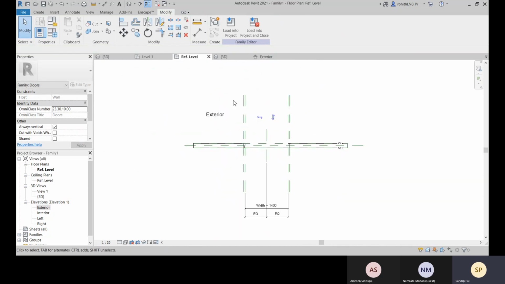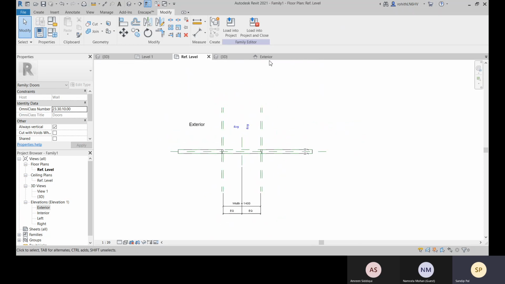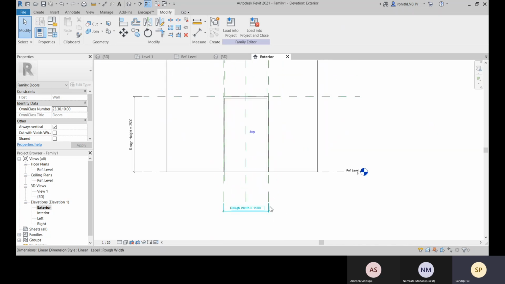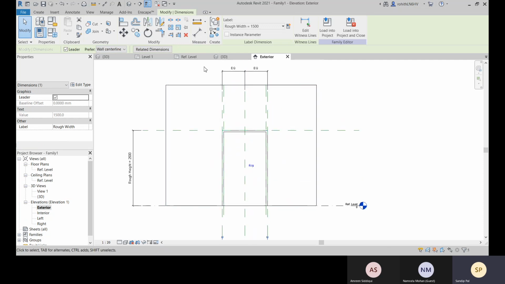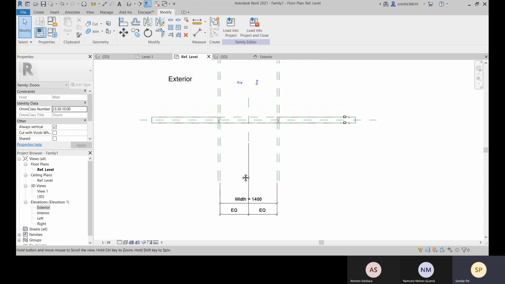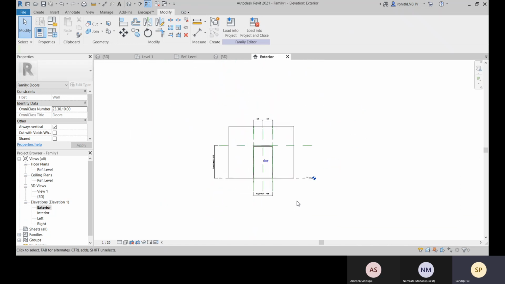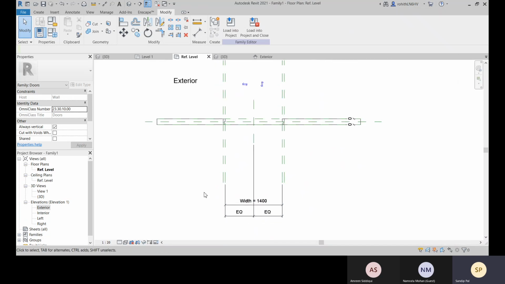Okay, so I think, yeah, right. So rough width is already applied. I couldn't see that, so that's why. Okay, rough width is already applicable. All right.